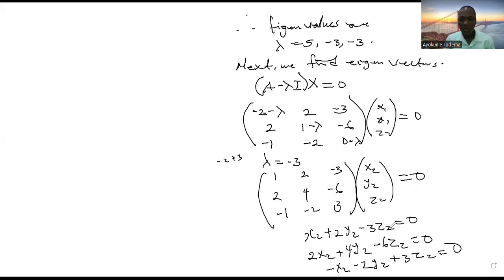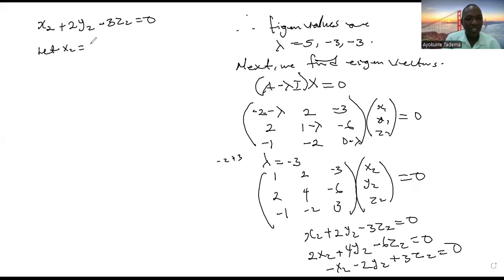When you look at all these equations, all the equations are the same. And since all the equations are the same, you can just take any of those equations and solve. I have x2 plus 2y2 minus 3z2 equals 0. Now, how can you solve this equation? Since all these values are the same, you can solve it by just equating, or you can just say let x2 be